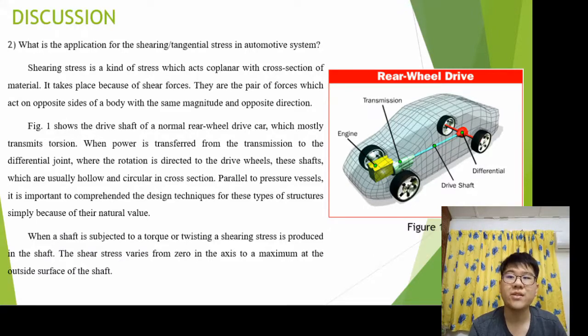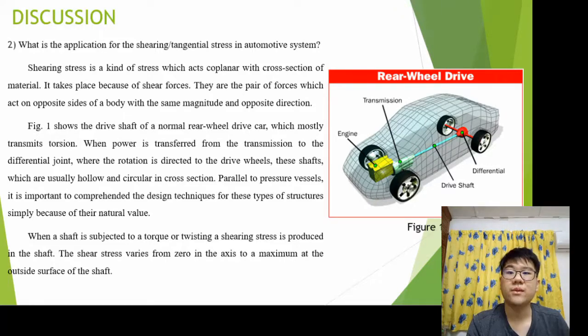Figure 1 shows the drive shaft of a normal rear-wheel drive car, which mostly transmits torsion when power is transferred from the transmission to the differential joint, where the rotation is directed to the drive wheel. These shafts are usually hollow and circular in cross-section,